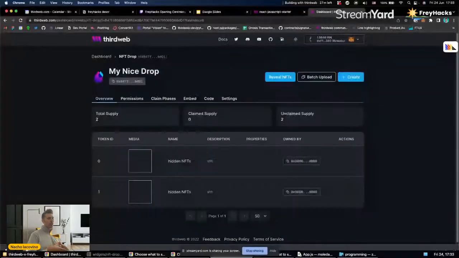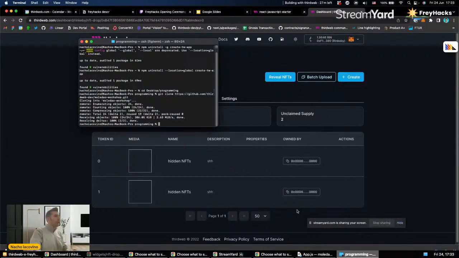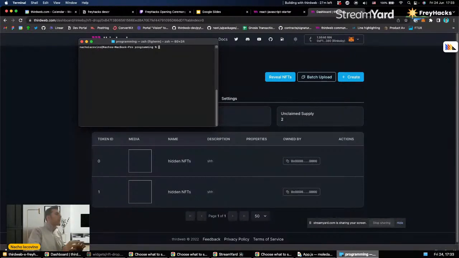So let's see how easy it is to actually go and make something. Make a page so people can claim, and make a page that's hidden for people until they actually own the NFT. So we're gonna open a terminal, and we're gonna clear, so you don't see what I was doing before. I'm in my programming folder. So what we're gonna do here is npx